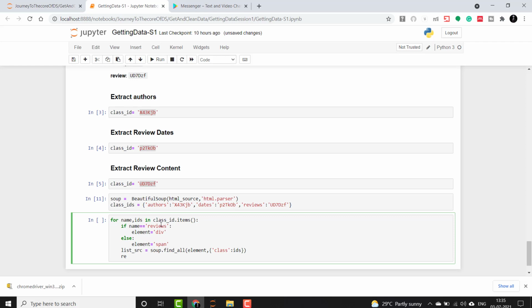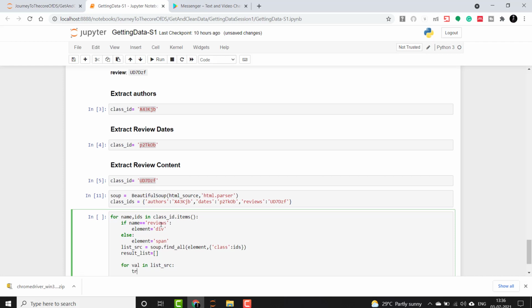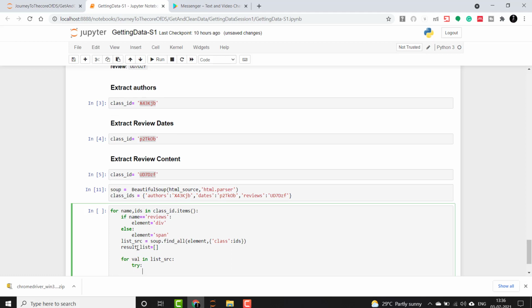Now we will create a list named result underscore list, keep it empty, and then iterate the list which we made for finding the elements, and we will use a try and except block here just in case some error occurs, and we will append to this list.